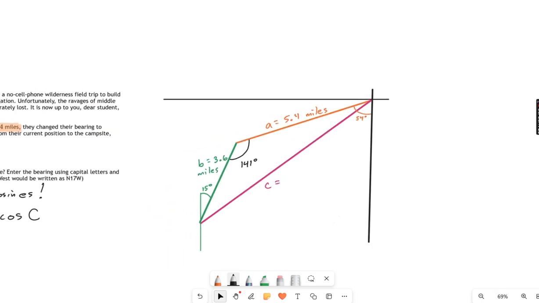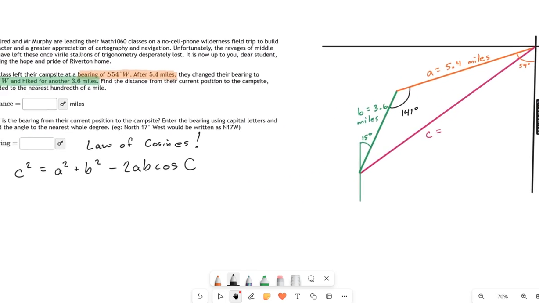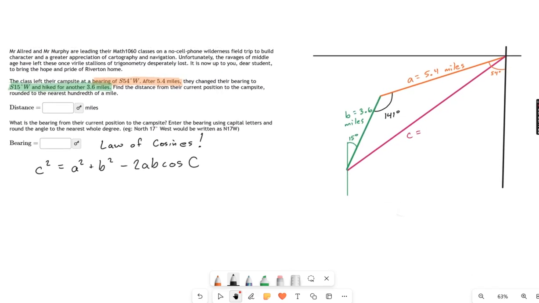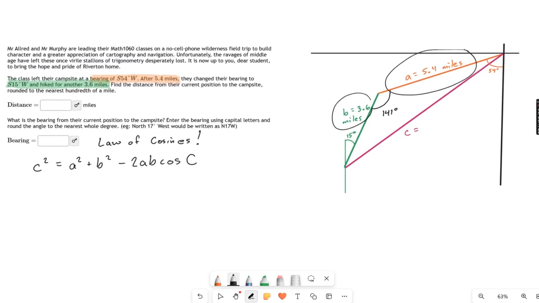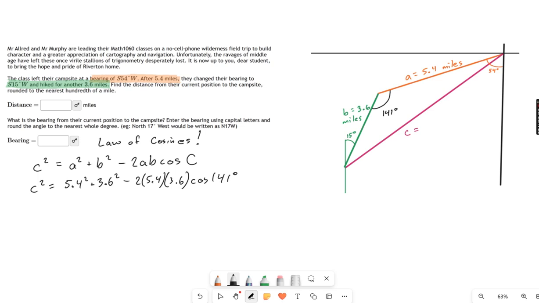Okay, so moving back over here to our equation, which we can now finally use. This is a law of cosines problem because I have two sides, which I'll show you right here and here. Those are my two sides with the angle in between them. So let's just start plugging everything in. We get c squared, well, we don't know what c squared is, but a squared is going to be 5.4 squared, b squared is 3.6 squared, and then we keep on plugging those in, 5.4 and 3.6, and give it the big angle c, which is that 141 degrees, not radians, make sure your calculator is set up correctly, 141 degrees. And what that's going to give you, if you push through the math on your own,